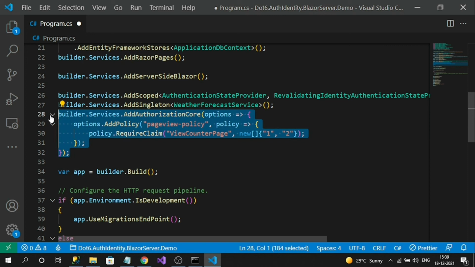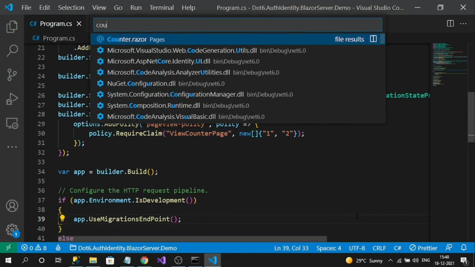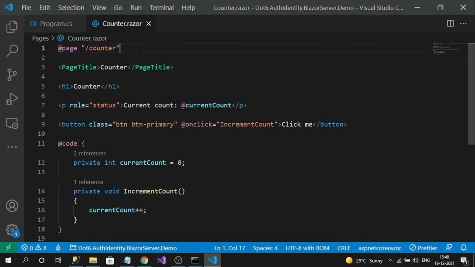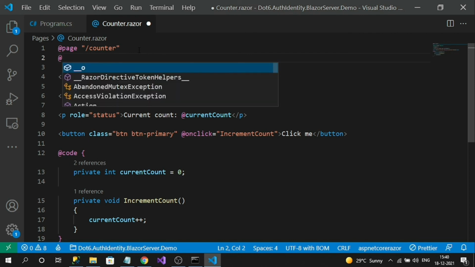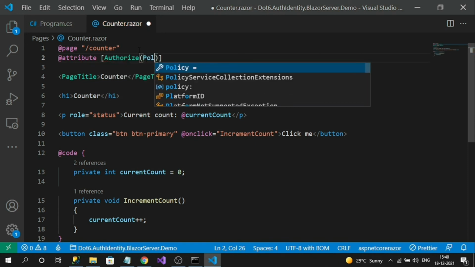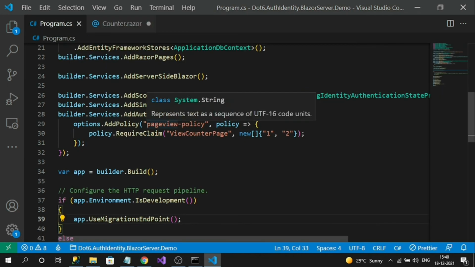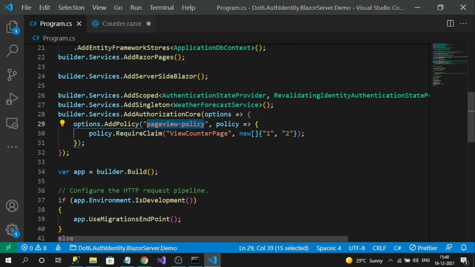Now I want to apply authorization on my counter page. If I go to my counter razor page, here I apply the attribute, at the rate attribute, open braces, Authorize, and here I can pass the policy name. What is my policy name? PageViewPolicy.